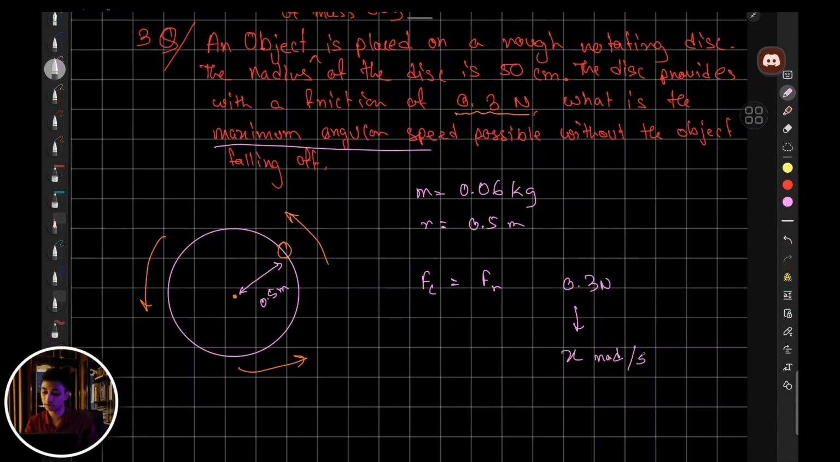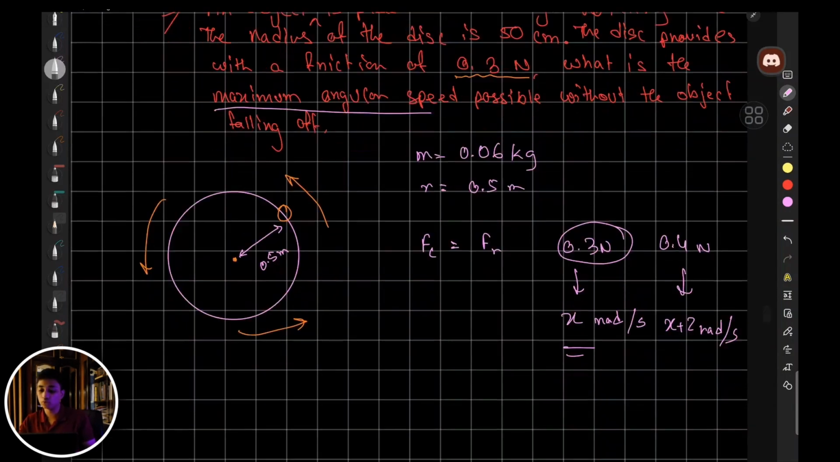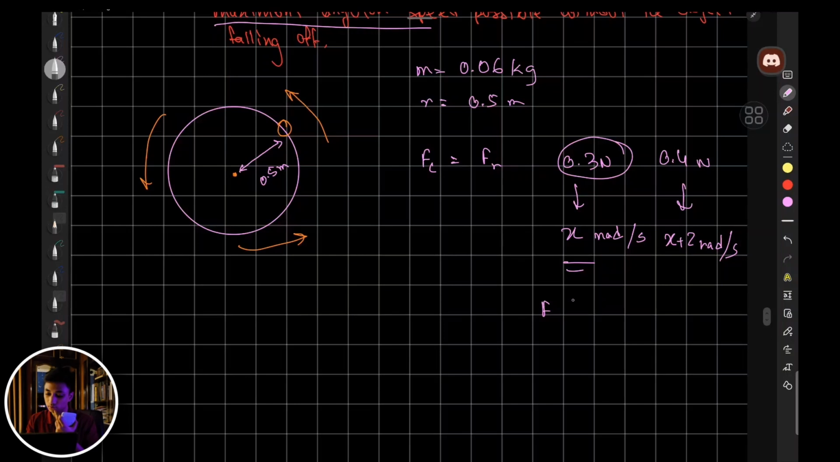We're going to figure out what the value of angular speed is. But just to clear the concept, for 0.3 newtons of friction, it can only tolerate an angular speed of x rad per second. If the friction was greater, let's say 0.4 newtons, it could tolerate a greater angular speed of, let's say, x plus 2 rad per second. Why? Because the friction force would then be able to, let's say,